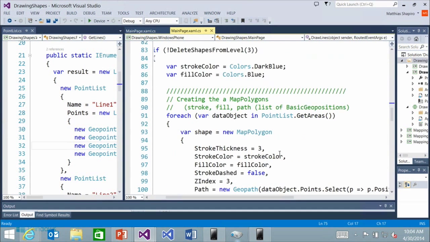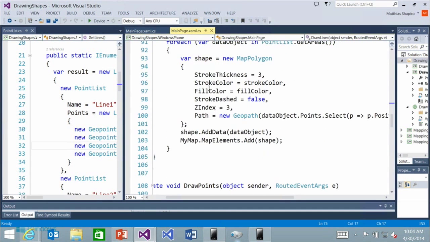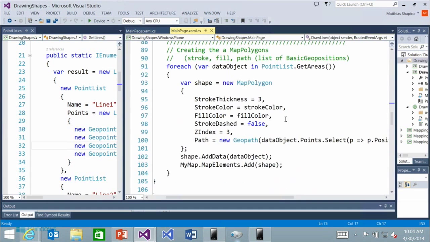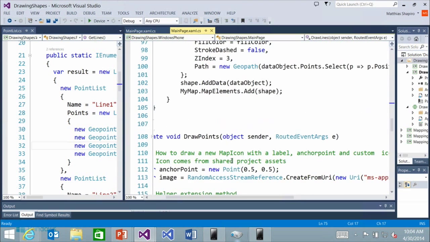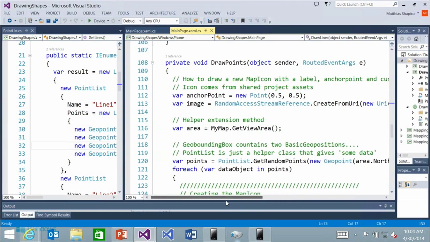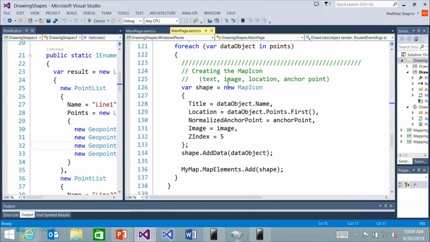We do the exact same thing with our map polygons, where we create a map polygon, we create all the stroke elements, we add a fill color as well, and then we give it a geopath, and we add that to our map elements. And that is the same with drawing points, except that we have a couple more parameters here, text and image, and instead of a set of geopoints, we give it a single geopoint.